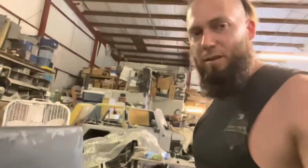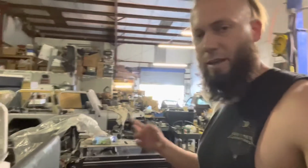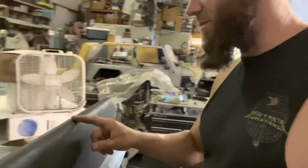So I might just buy the fine Bondo myself anyway, because I got a lot of little bitty pinholes. I don't know if you can see those in the video or not. All that needs to get filled, and unfortunately the regular Bondo does not fill those as well. You got some thin, small, runny stuff. It fills all those little gaps pretty good. But I got those all over the place, so